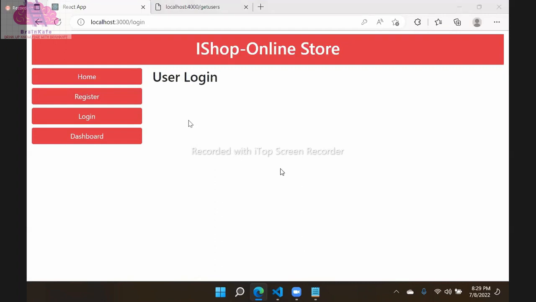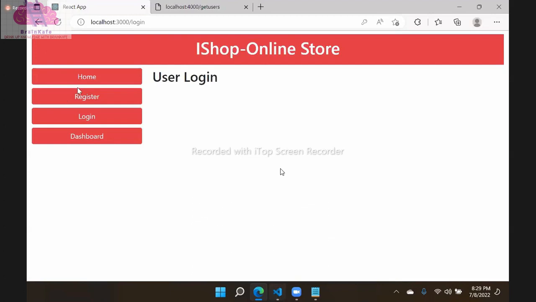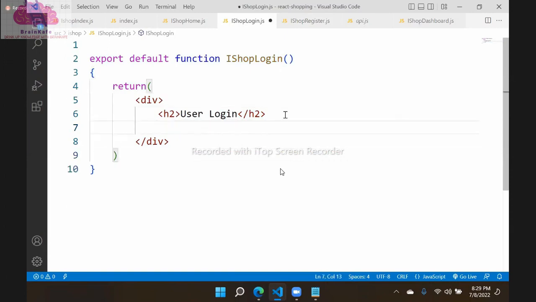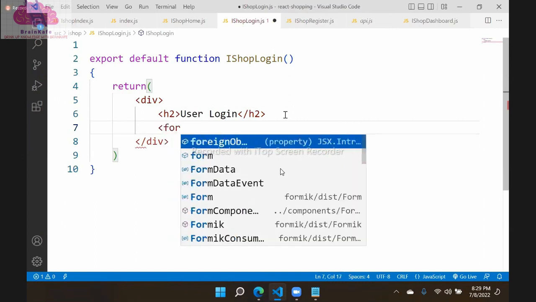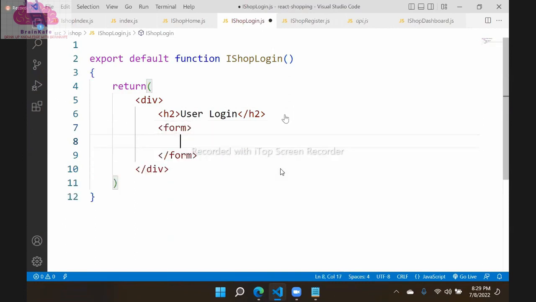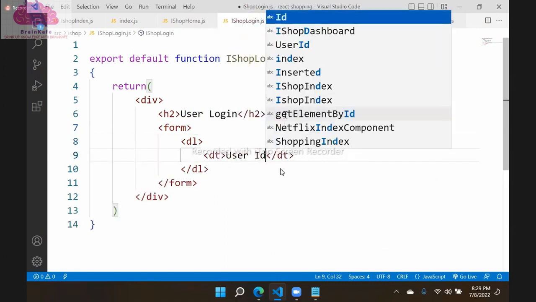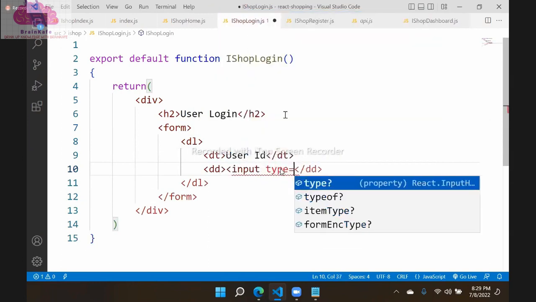Now register successful, then login will come. Now here we have to enter the details. That means now we have to verify. We have to design the login screen. You know how to do it now. So let's go to the iShop login now. And in iShop login, we have to create again the same concept. So we need a form, right? We need to create a form, and form contains a data list, data term. Here we will give user ID and a text box. So input type is equal to